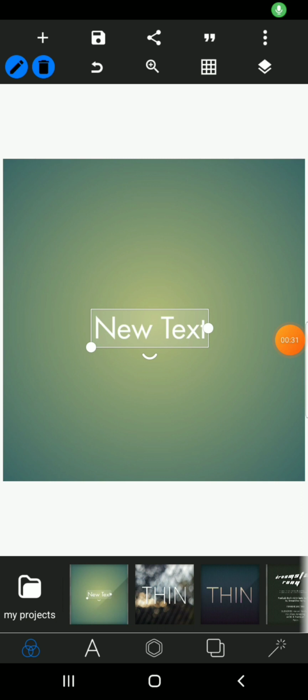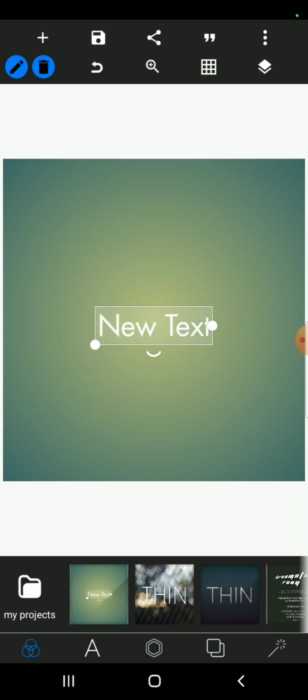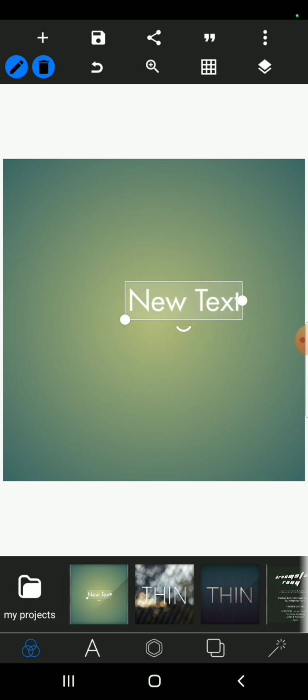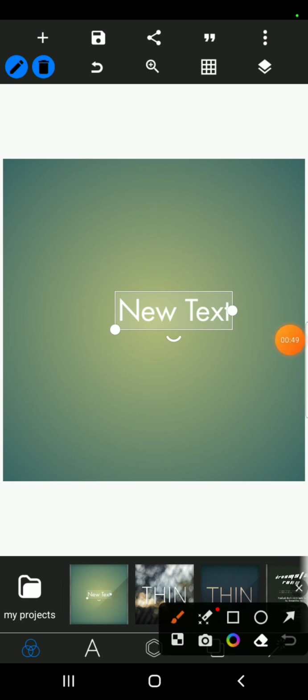So this is how the pro version of Pixellab looks. This is the default screen, with this new text in the middle. I'm just moving it around. So we are going to be taking everything step by step, and we're going to be starting with the top